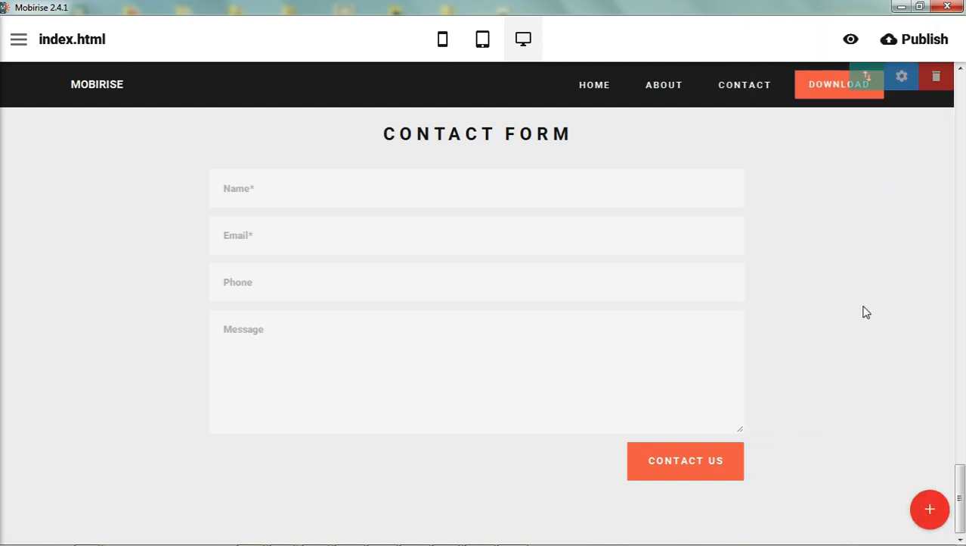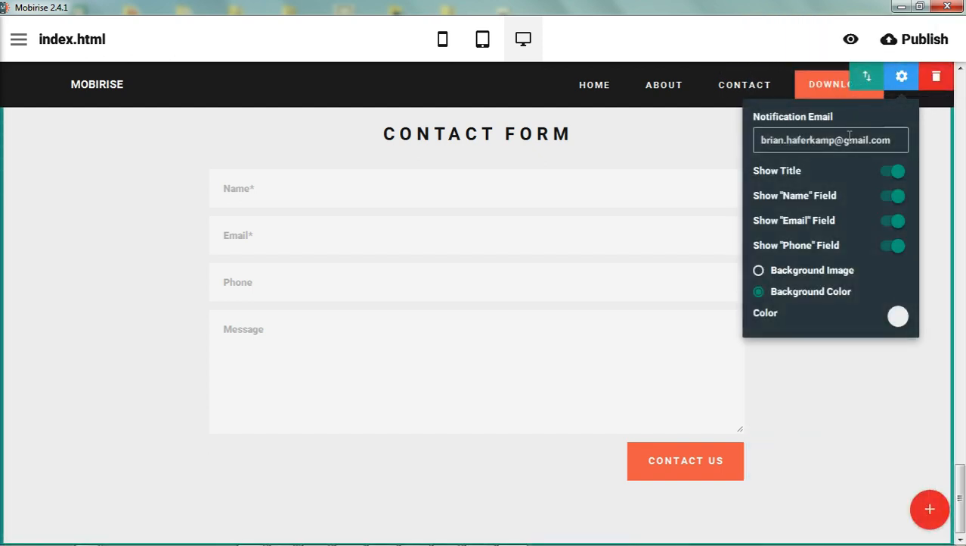Easy to add a contact form as well. You would just input your email address here. So let's say not my personal email, but